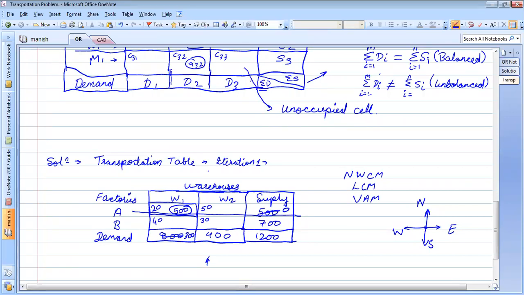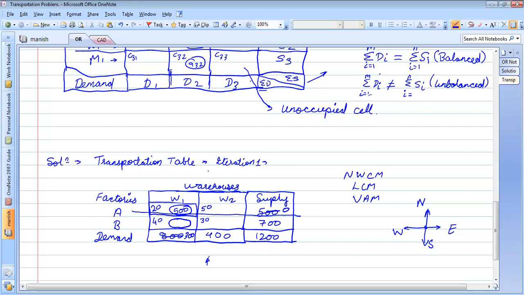Why I am cutting this is because I want to see the northwest corner. With this iteration, one supply is done, but the problem is not yet solved, isn't it? Out of 1200, only 500 has been allocated. So we need to make more allocations. Again, we will see the northwest corner, which is the top row now. The second row is the top row, and this is the leftmost column. So I'll make an allocation here. Now what allocation should I make? Again, I'll see the supply and demand. What will be the allocation now? Who will tell me the allocation?